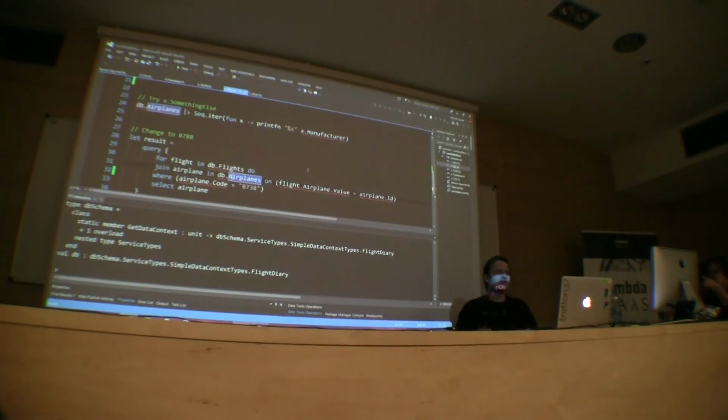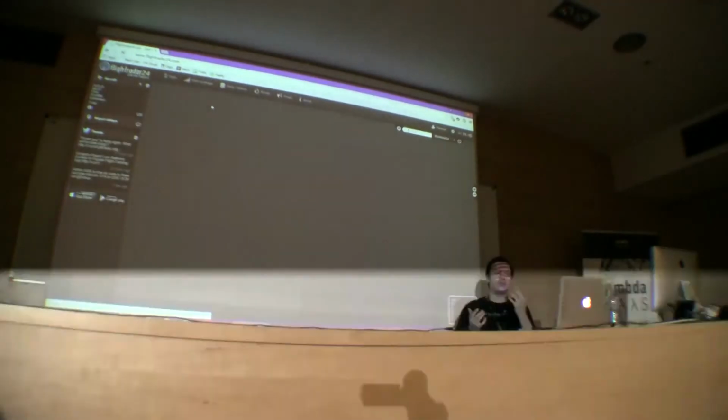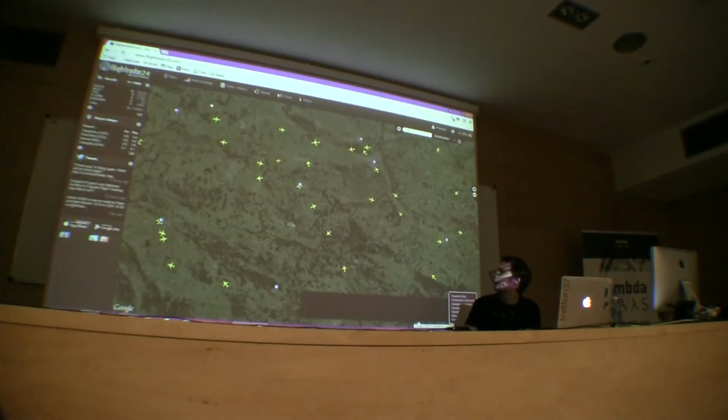So I'm just going to spoil it: I never flew a 787. So I have to check another way to figure out if this plane is safe to fly. And there is this website, Flightradar24, that shows you live traffic of planes everywhere. And they claim they don't have an API and you cannot access the data. But we're programmers, right?